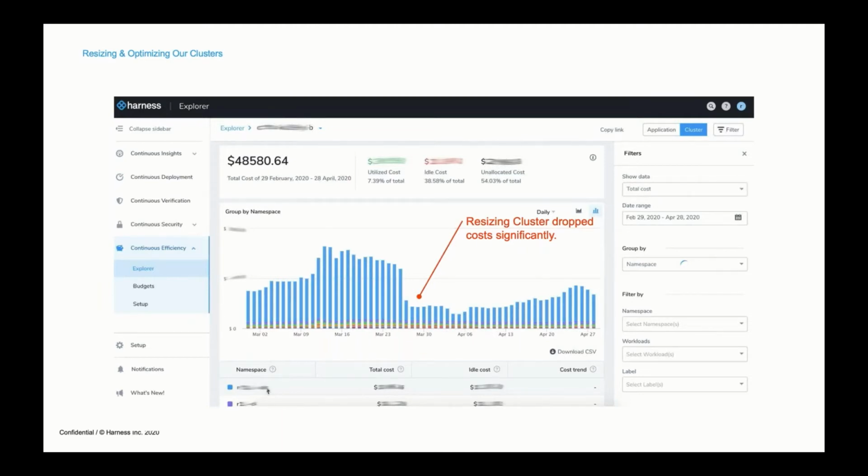As a software engineer, I've been trained to assume that if I request a resource in container size, let's say I need 2 gigabytes of memory, or let's say I need 4 gigabytes of memory, for safety's sake I will ensure that I can expect that 100% of the resources will be used when I go to deploy. Now, that might not be the case, and I'll show that one of the problems I was running into when running workloads at Harness University is that we were something on the order of magnitude of 15x over. In this example, that's a little more muted,